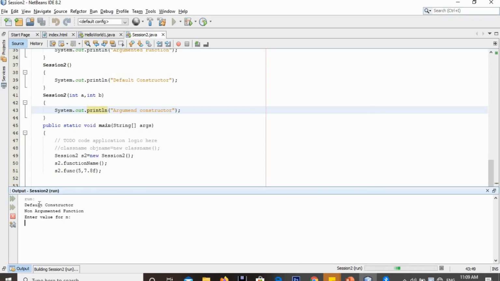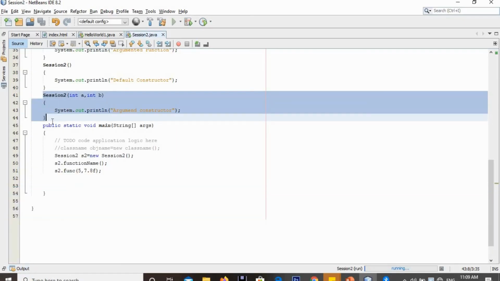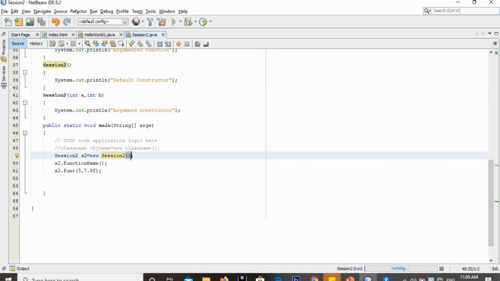So again our output is the same. Our no-argument constructor is executed, whereas the other constructor is not executed when we created an object. The reason is that the prototype of this object doesn't match our parameterized constructor.